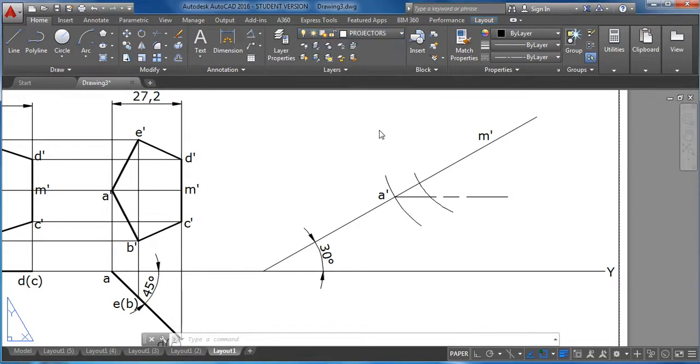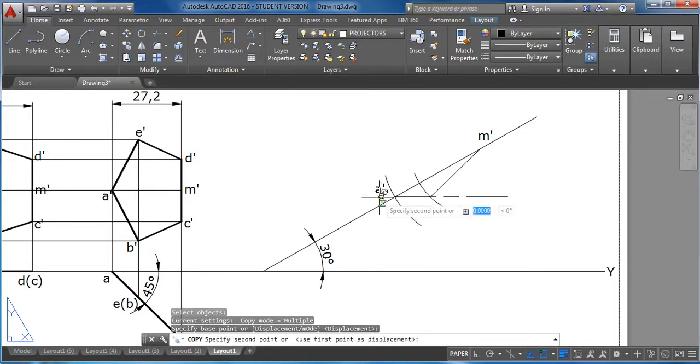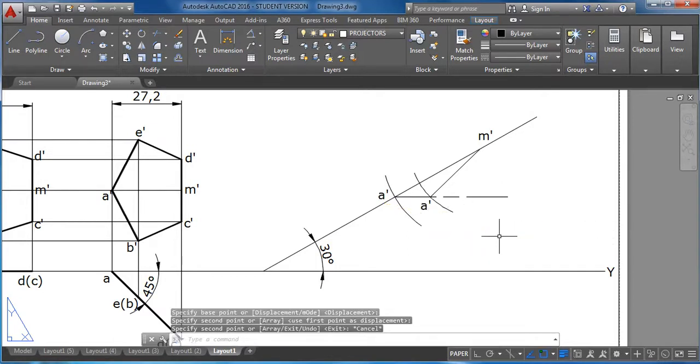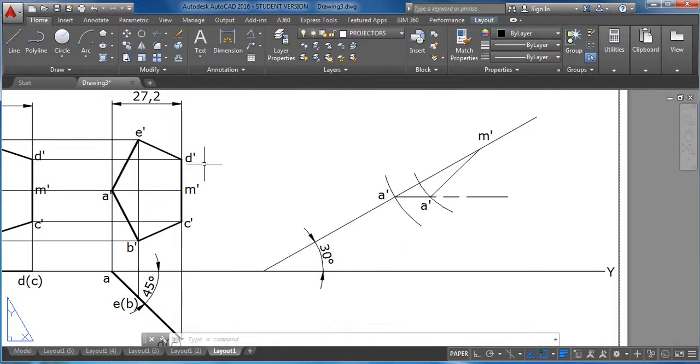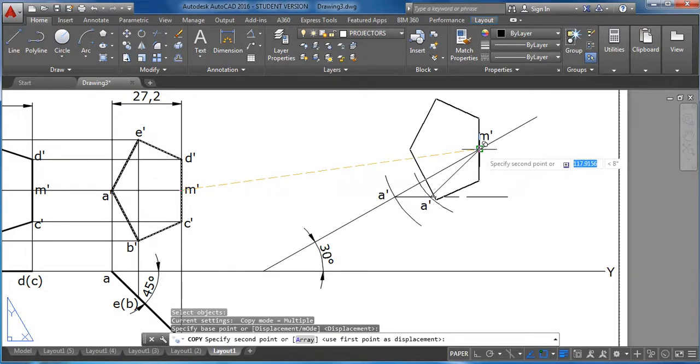Select projectors layer, which is the apparent length of the perpendicular bisector. Now move the pentagon in the second view so that A dash M dash coincides with A dash M dash. For that, select copy this pentagon such that M dash, place that M dash or coincide that M dash,